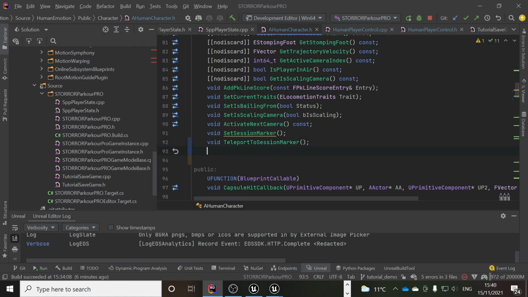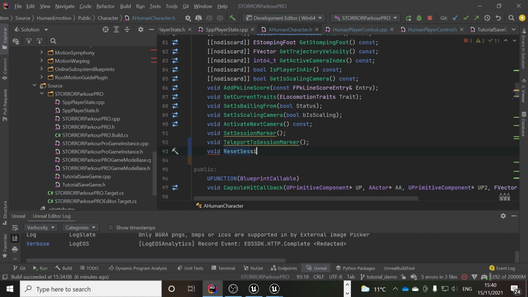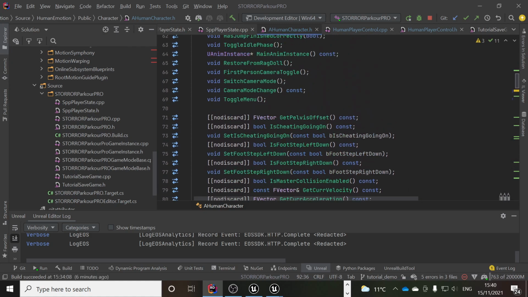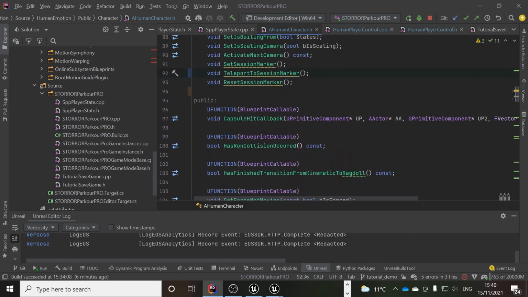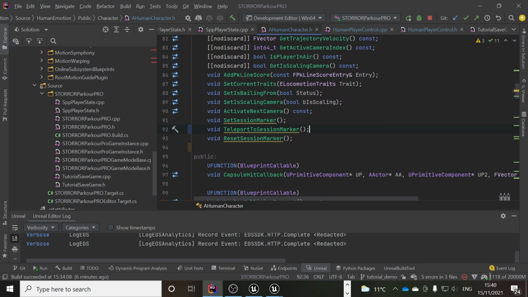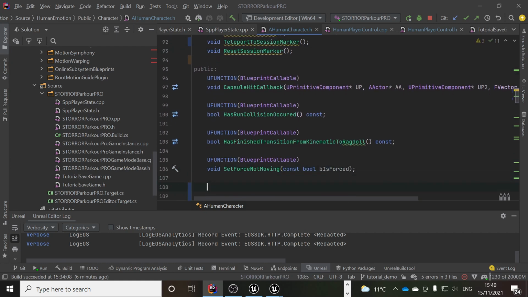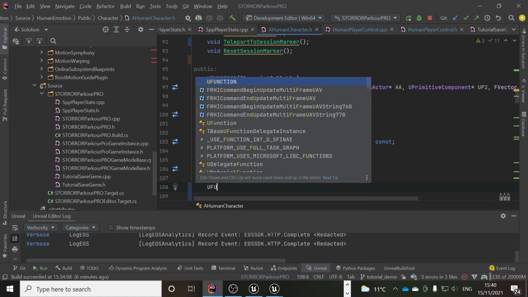Teleport to session marker. And we are going to want to reset the session marker. I'm keeping this in just the public, and I'm not making the blueprint callable because I don't actually need to expose any of these to blueprints. I want to keep all the setting and teleporting done within code, as well as the resetting. So the logic of the marker is kept within code. What I will do, however, is I will expose